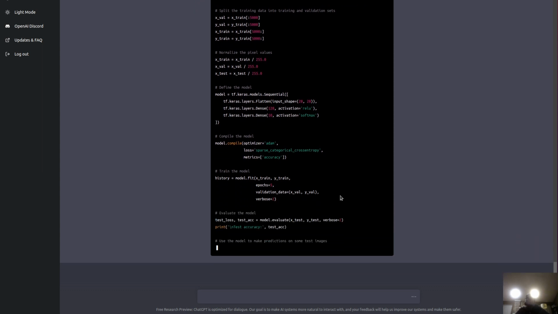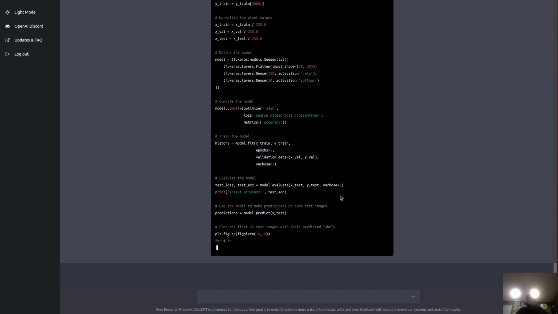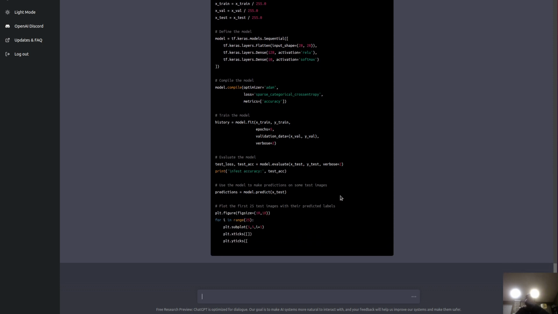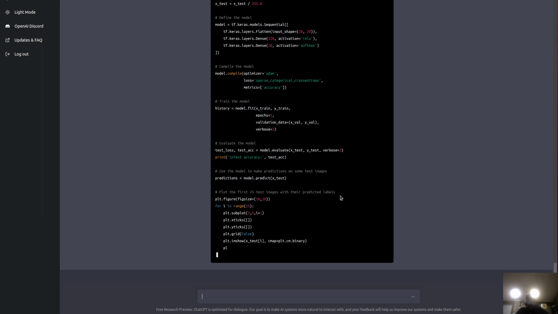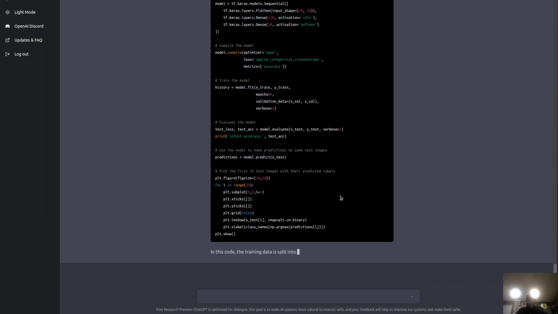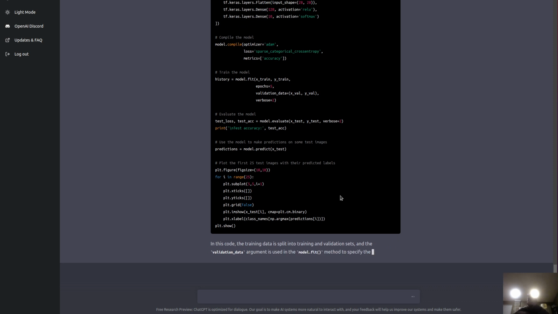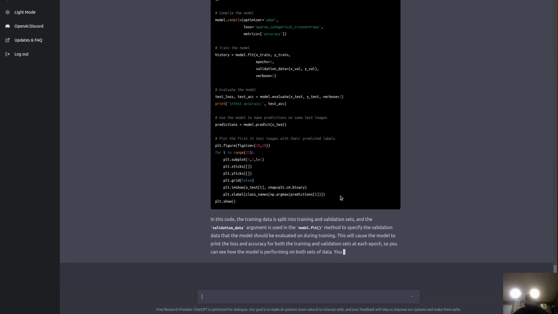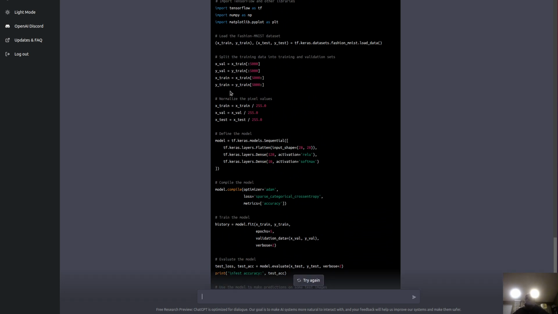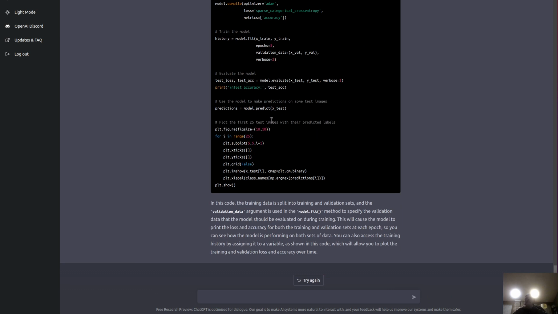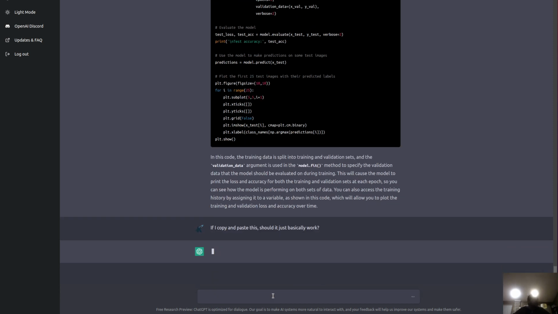Or no. Then, okay, divide by 255. Setting the model looks like pretty much the same model. Yeah, softmax, Adam. Validation data is x_val, y_val. I don't remember if they set y_val. x_val, y_val is y. Okay, yep. If I copy and paste this, should it just basically work? Now let's see, does it say how long? Okay, 8 minutes in.